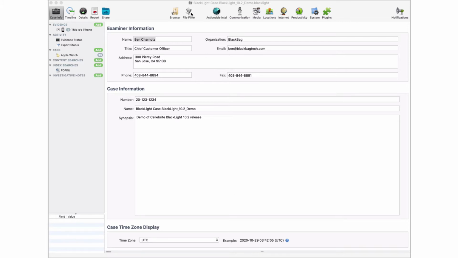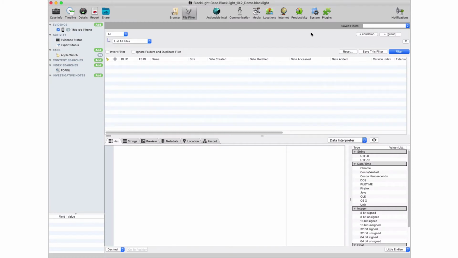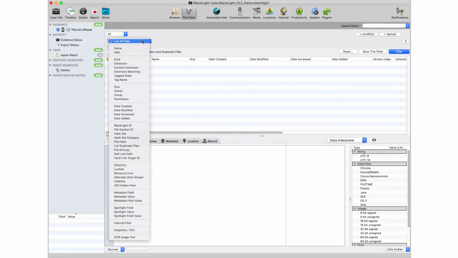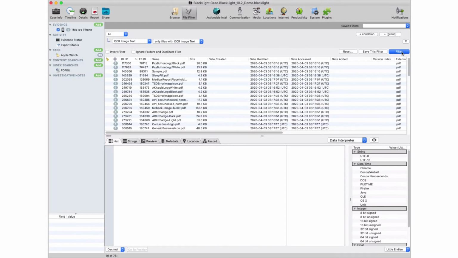So I'm going to go up to our command bar and I'm going to click on the file filter icon. I'm going to go over to the right here and add a condition. Select this drop down and go all the way to the bottom and select OCR Image Text. And I only want to see the files that have OCR Image Text. So I'll do that, go over to the filter button, select that, and now BlackLight will display only those files